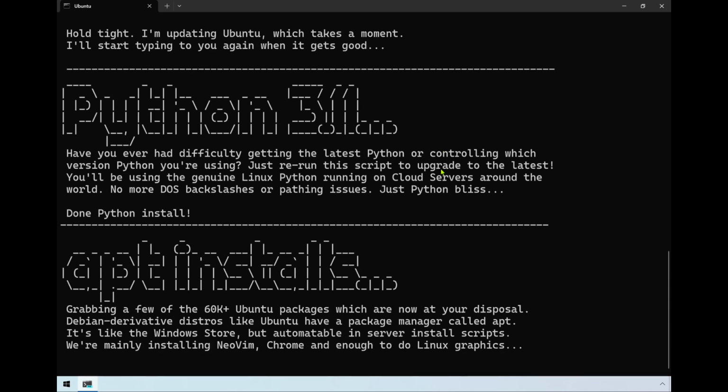So we're on a type of Linux called a Debian derivative, a Debian distribution. Ubuntu is made from Debian. And on those versions of Linux, there is a repository system, a way to get software, called the Debian Package Management System, but nobody calls it that. The program that's used to interface with it is called apt. So we often apt install, apt update, and there's about 60,000 free packages in there. It's like a web store or an app store, but it's just all free and open source stuff. So it's grabbing a few things out of there.